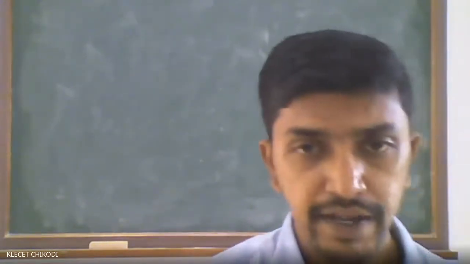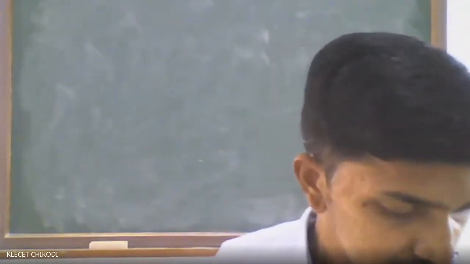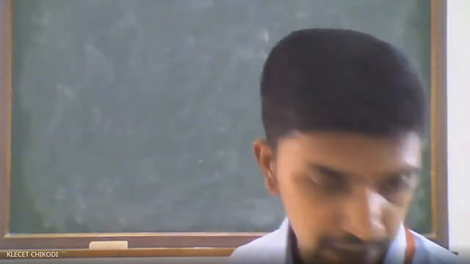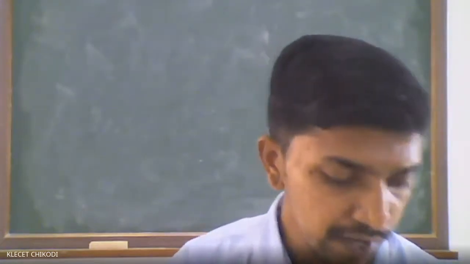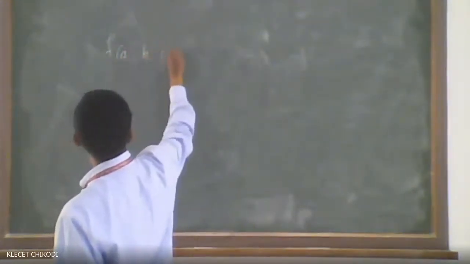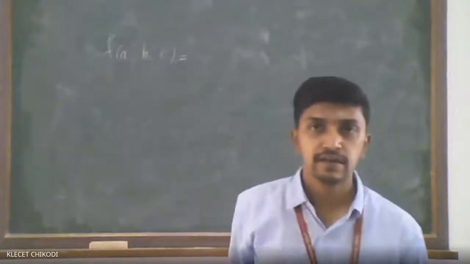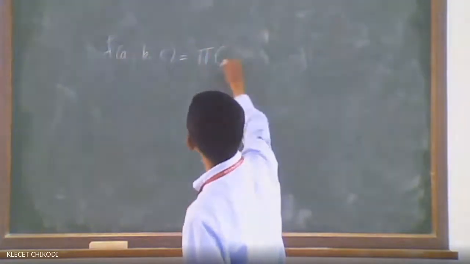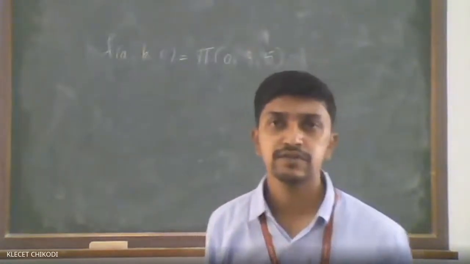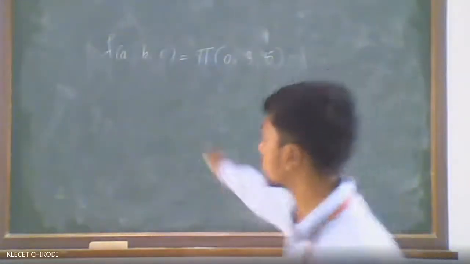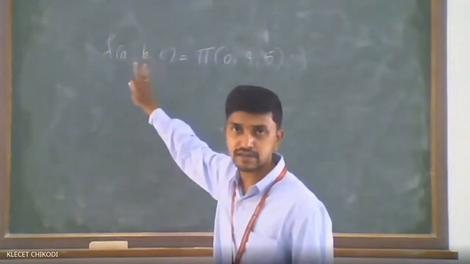Okay. Before going to the next method, that is the K-map method, I will give one max term function here. You have to write down the truth table for that, and you have to write down the Boolean expression for that. Just see here. I have given a function of a, b, c. Function f of a, b, c is equal to product of 0, 3, 5. So I have mentioned the number of variables already, that is 3 variables are there.